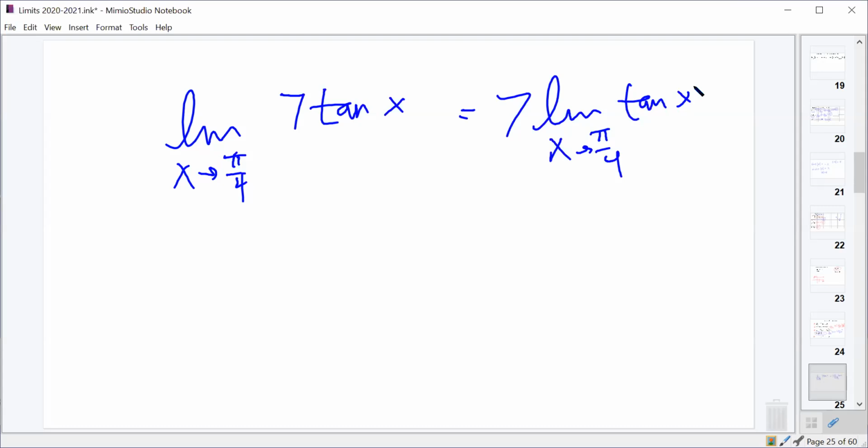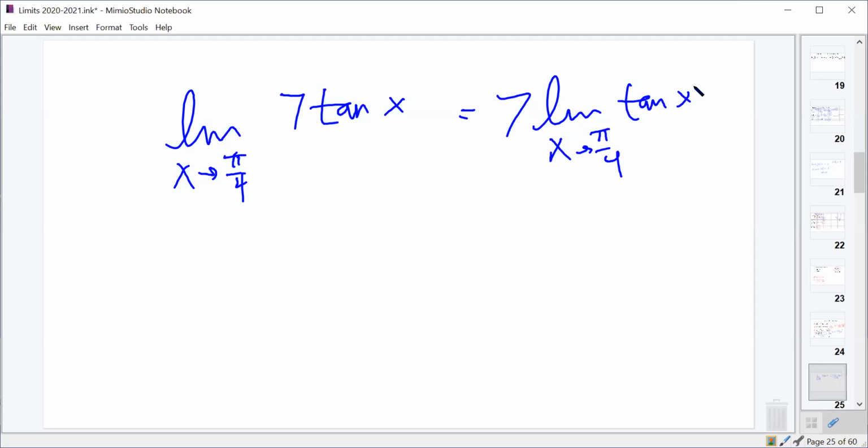Okay, cool. Which I'm sure you're all sitting there thinking, well, what's the point, right? Plug in pi over 4 and I can get my answer either way. True. But we're going to develop some very important special cases of some limits for trig functions that will require us to not have these constants in here, that we're going to need to be able to take them out. And we'll do that tomorrow. So